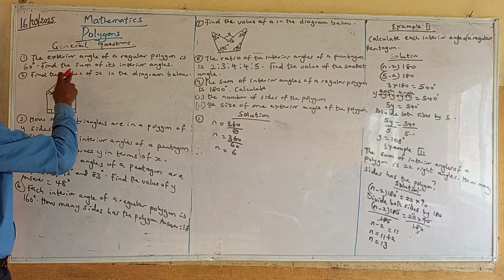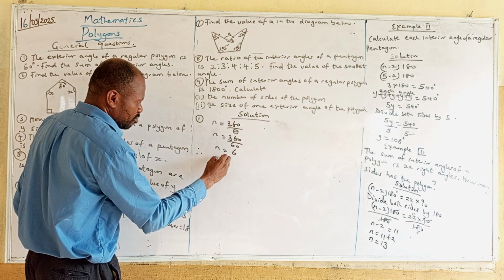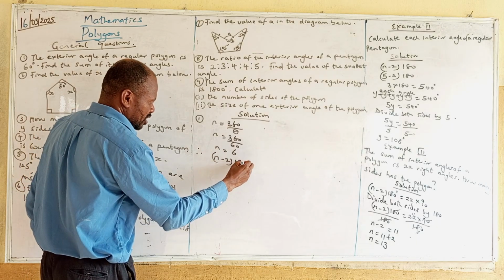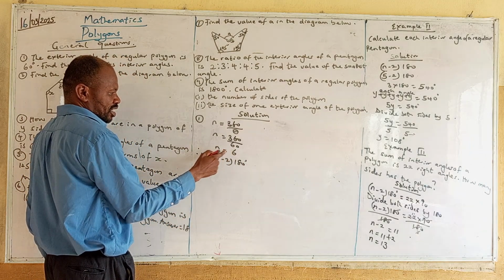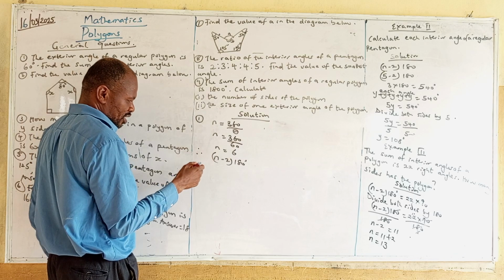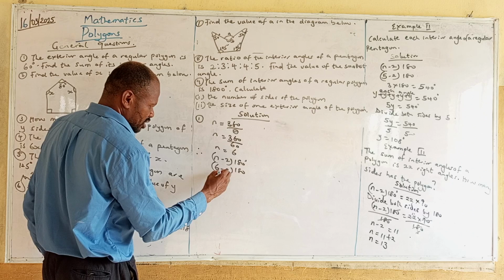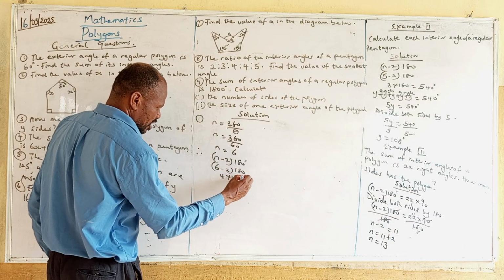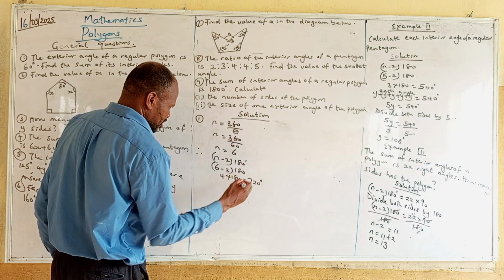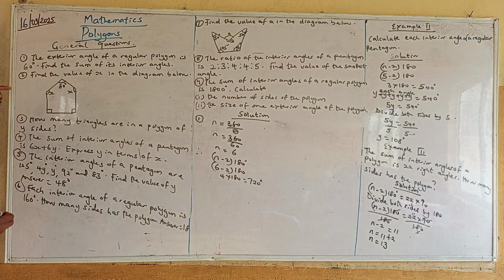So for the sum of interior angles, I will now have (n minus 2) times 180 degrees. Our n here is 6. Apparently, the polygon is a hexagon. So I have (6 minus 2) times 180, and that's 4 times 180. And that gives me 720 degrees. Then the second one,